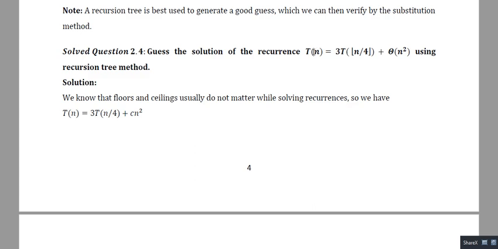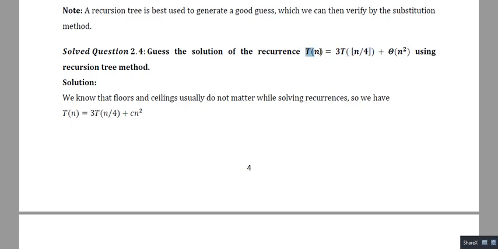Right. So let's say this is a recurrence. So how do we solve this using the recursion tree method? Okay. So actually Tn equal to this means I am dividing this Tn into 3 subproblems, and each subproblem is T n by 4, T n by 4, T n by 4. Each subproblem is taking how much time? T n by 4, T n by 4, T n by 4. Okay.